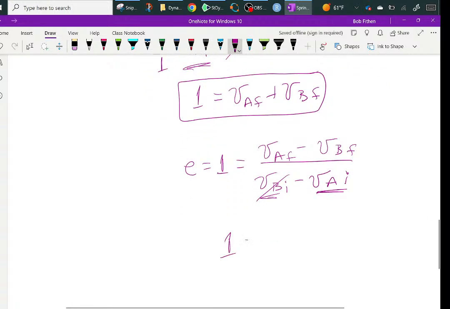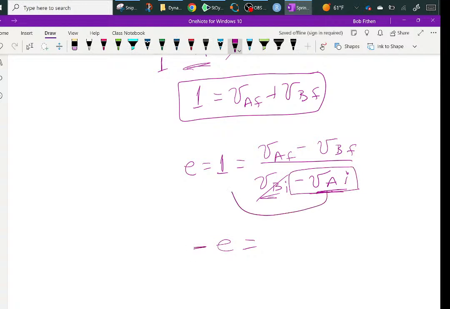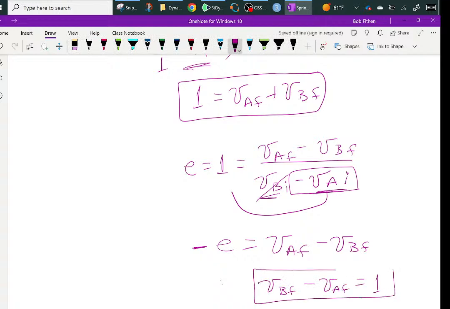I'll just carry the E first. And then what I have is this term, which is a 1, gets put over there. So you get a minus E, VA final minus VB final. If E is equal to 1, you can just say this. Here, I'll do it this way. I'll swap it. VB final minus VA final is equal to 1. You stare at that for a minute,